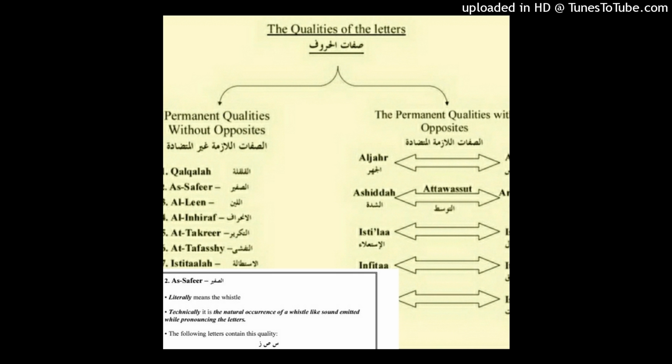The next quality, which is maybe something new we didn't take before, is what we call الصفير. الصفير, my beloved sisters, is the Arabic word that means the whistling, to whistle, and it is simply understood like the sound of the birds. They are doing the same sound. So it means to whistle, and it is a natural occurrence of a whistle-like sound emitted while pronouncing the letters. This is like how the birds do the same sound,